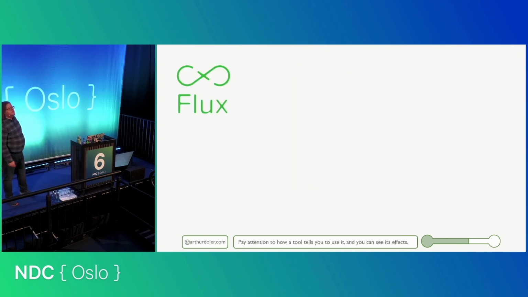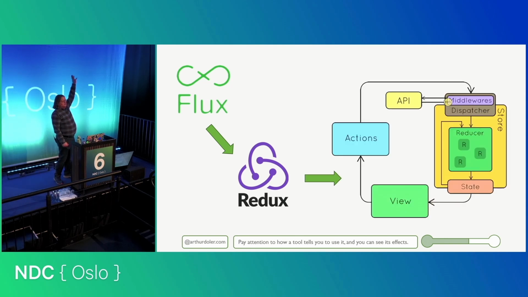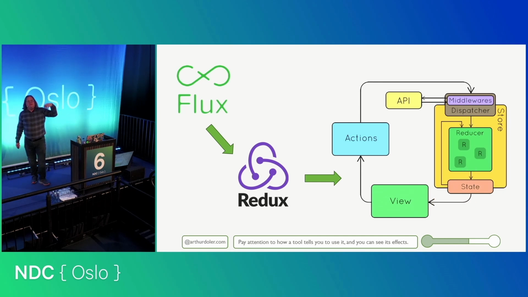Anybody remember Flux? If you've done a lot of front end a long time ago, I saw somebody raise their hand. This was a library that got reasonably popular until it was completely subsumed by this other library, Redux. Redux's whole deal is you have this global state store that the view is selecting from, and then the view is enacting actions that go out, and potentially in some cases they're subsumed by middleware that is calling out to an API, but in all cases they're coming back and mutating that state, which is getting reselected back out to the view. This is an extremely complex process, and it actually has a tremendous effect on your code base.